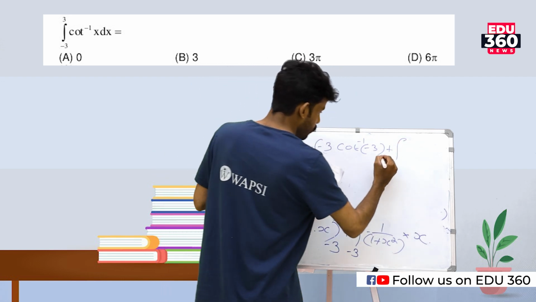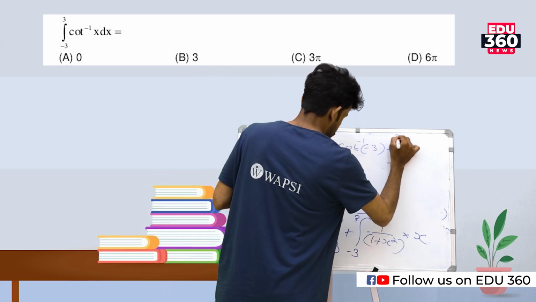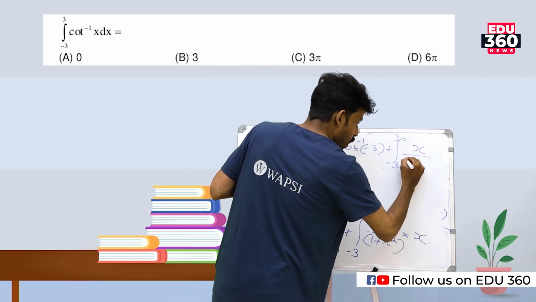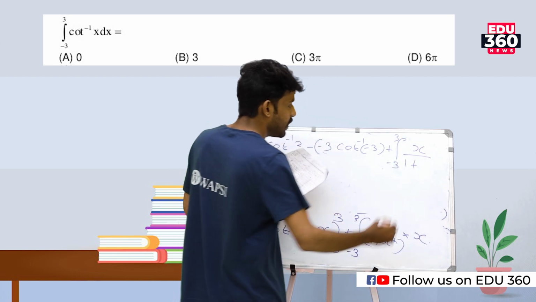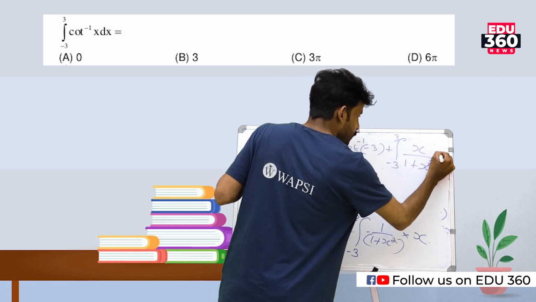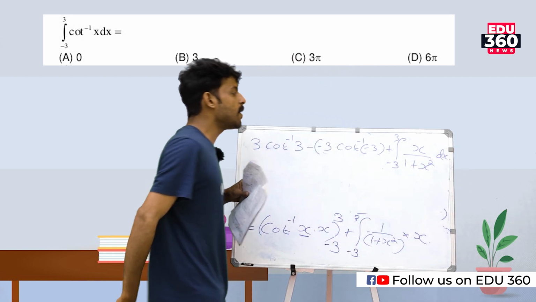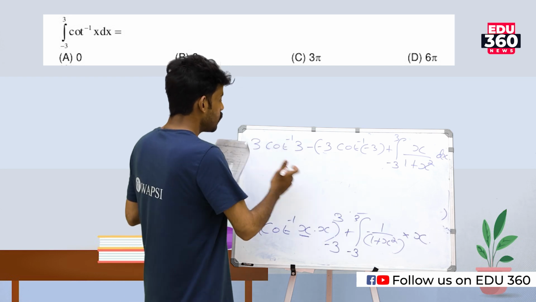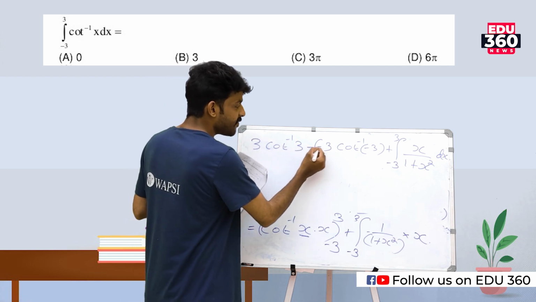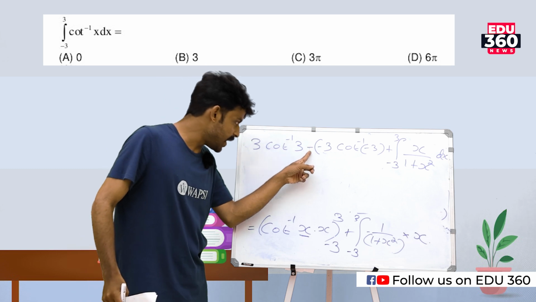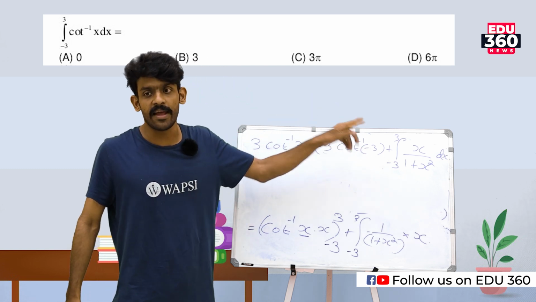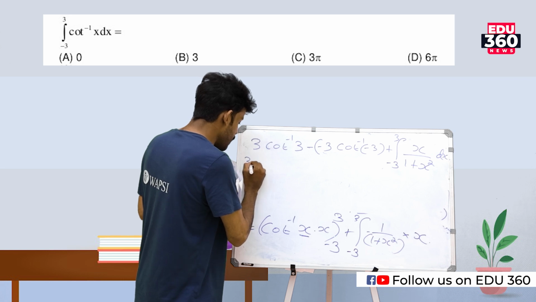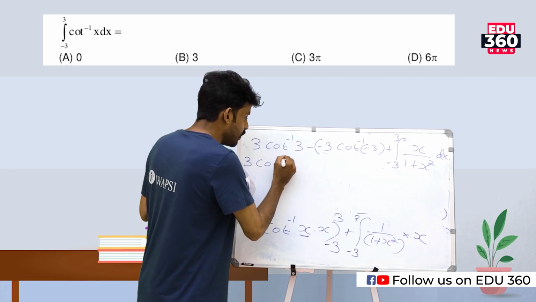the integral from minus 3 to 3 of x divided by 1 plus x square dx. Now look here: it is minus of minus 3, that means plus 3, it becomes positive. So in the next step, we can write 3 cot inverse